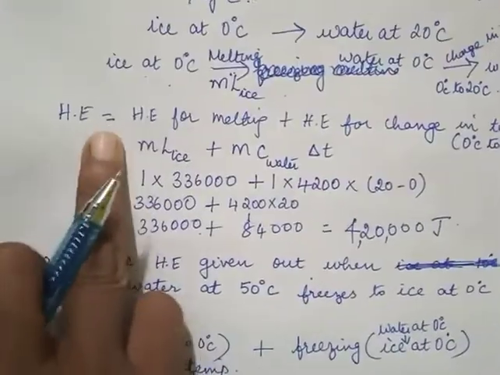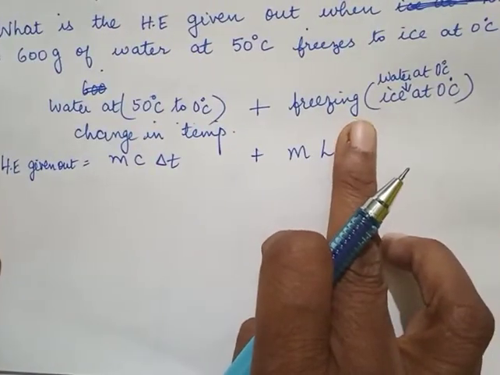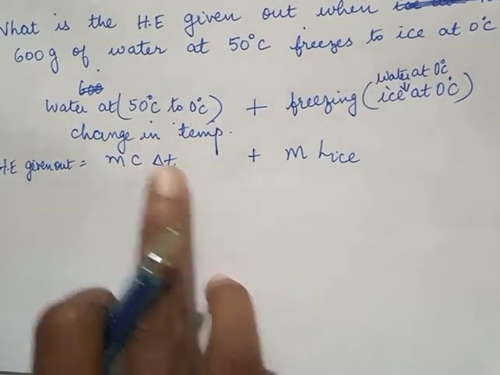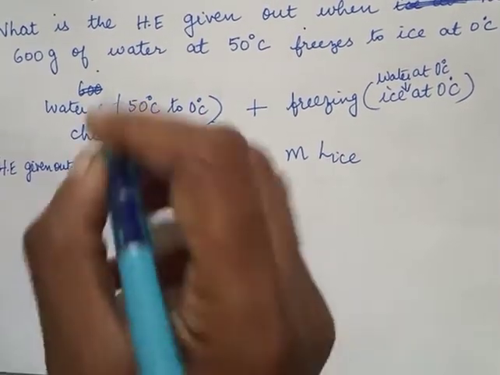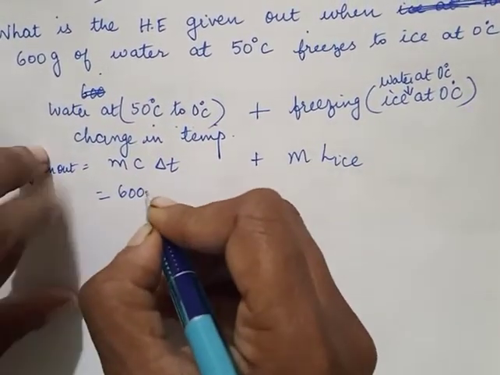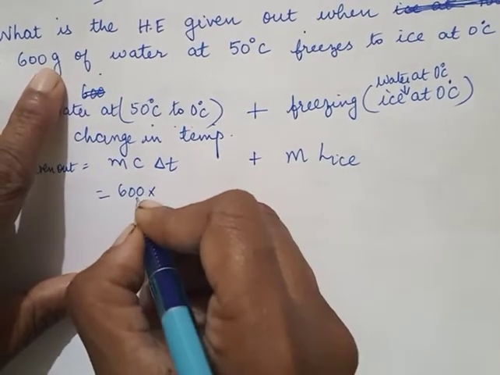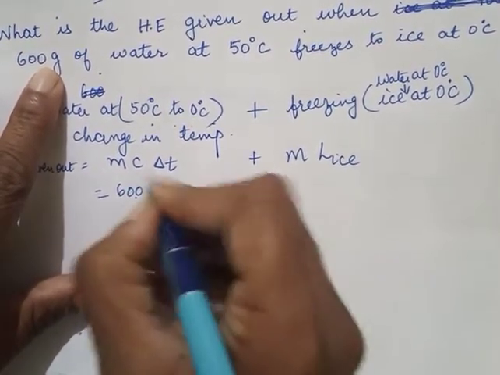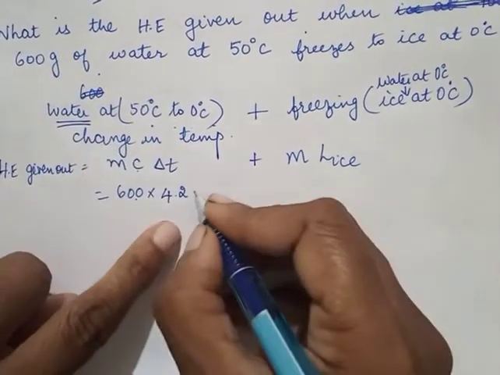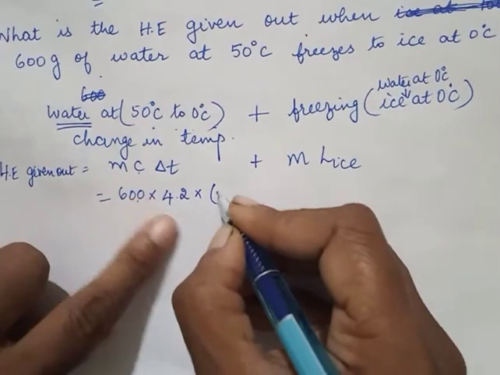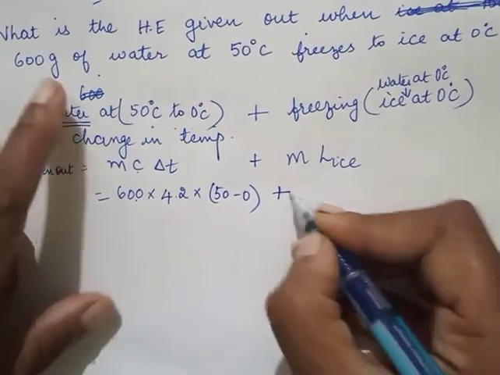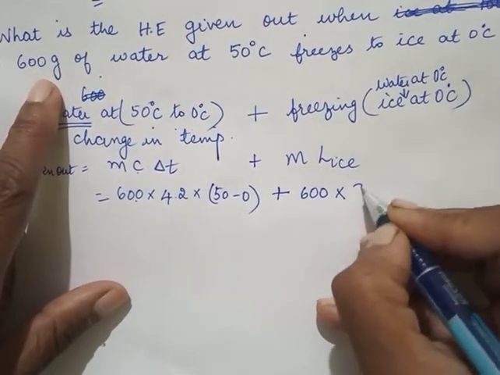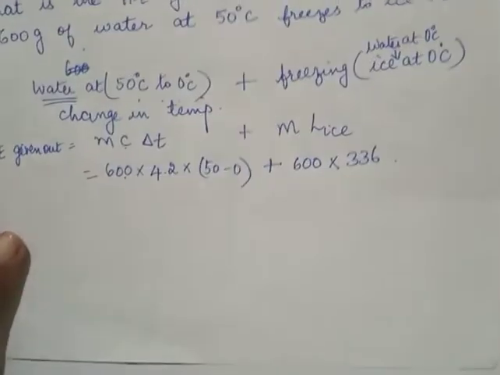Here, heat energy absorbed. Here, heat energy absorbed. Here, heat energy given out. For this entire process to happen, it will be, first, mc del T for change in temperature, plus, for freezing, I use the formula M into L of ice. Now mass is 600 gram. Because I have it in gram, I can take C of water as 4.2. This will be 4.2 because it is water, into del T will be 50 minus 0. It has to change from 50 to 0, plus M again is 600 and L of ice 336 joules per